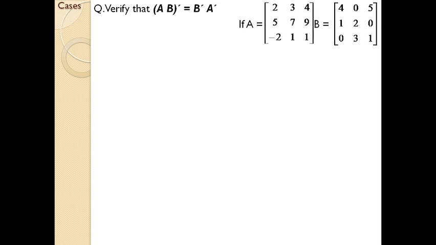So in order to prove this statement, first of all you can go for the left hand side or you can go for the right hand side. Anyway, you have to deal with both sides. It's your discretion whether to go with left or right first. For the time being, we are going with the left hand side. Here the left hand side is given as AB in brackets and its transpose. So in order to find (AB) transpose, first of all you need to find AB. AB means A into B.